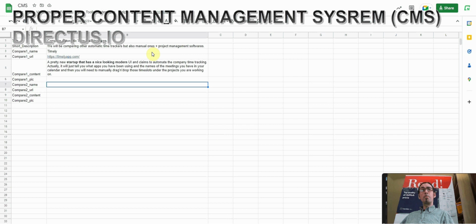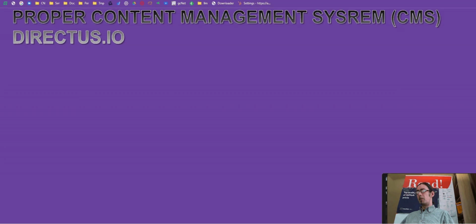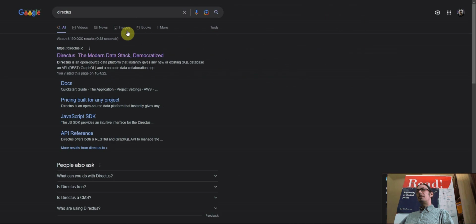Let's go now to the proper content management system called Directus. It's really the best one because it's not just a content management system, it's kind of like a modern data stack. It's an out of the box API like GraphQL and REST, and more like a no code admin panel that the programmers can build on top of really advanced whatever real quick